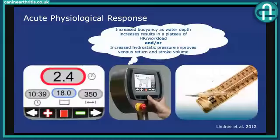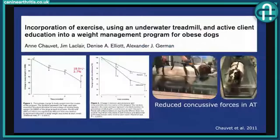I'm going to skip through because I'm conscious that time is cracking on to this study, because this is a study that looked at using exercise, underwater treadmill therapy and client education in a weight management program for obese dogs. And what this found is that